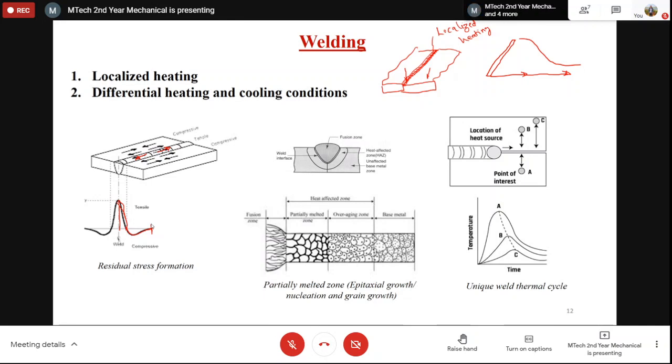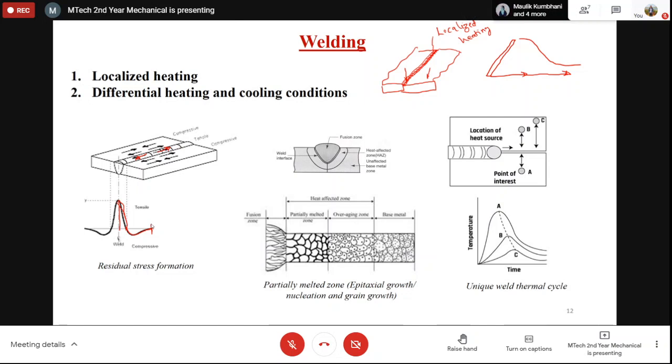This is one of the drawbacks of the weld joint, that it creates residual stresses, which cause a compromise in the strength of the weld joint. So we have to do some post weld treatment, heat treatment, or apply some ball peening or shot peening at the joint to remove these residual stresses.